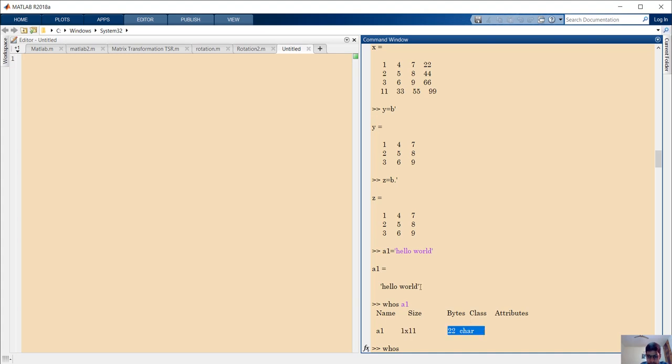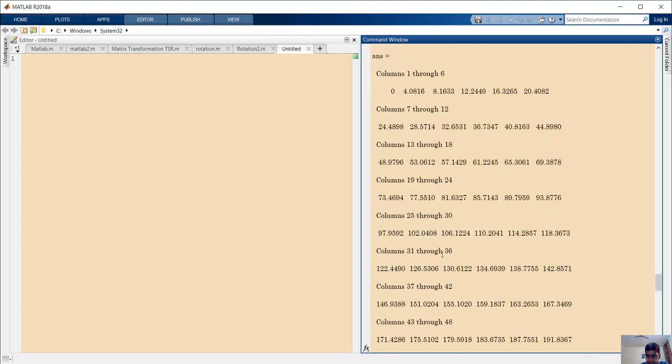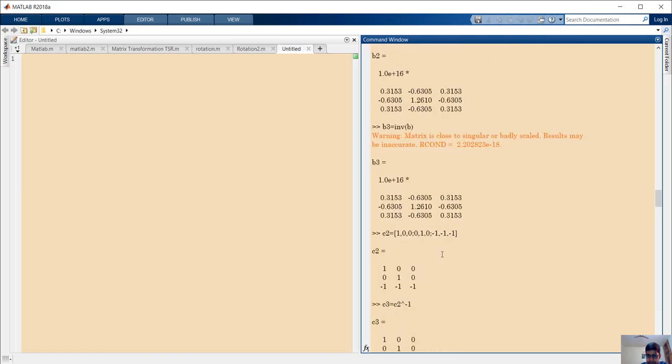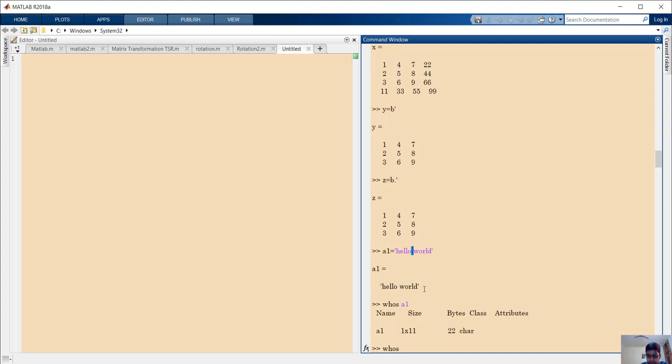Okay, so what that means is that it is having 11 characters, and as you can see, this is 5 and this is 5, and there is a space in between which will also be counted.